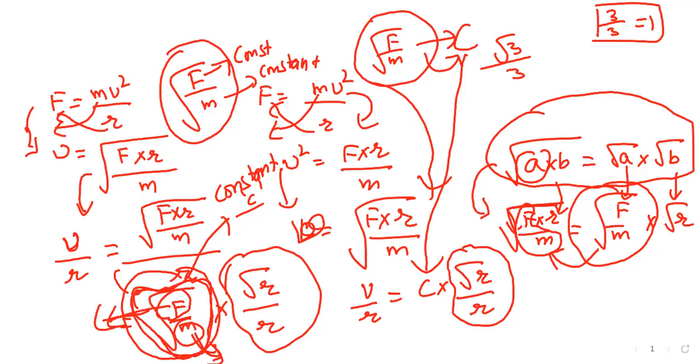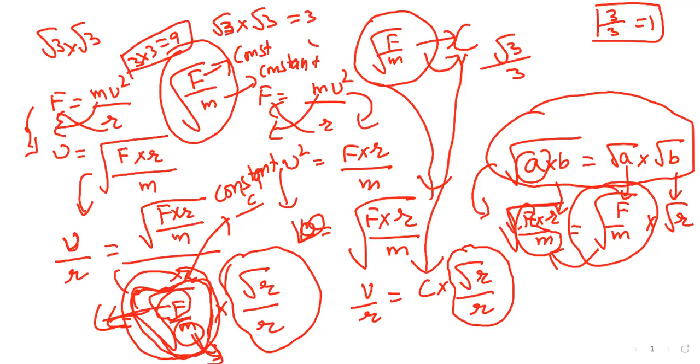Okay. Now you just tell me what is the value of square root of 3 times square root of 3? Square root of 9. No. 3 times 3 is 9. Mm-hmm. But what is the value of square root of 3 times square root of 3? I'm not sure. It's just 3. You see,